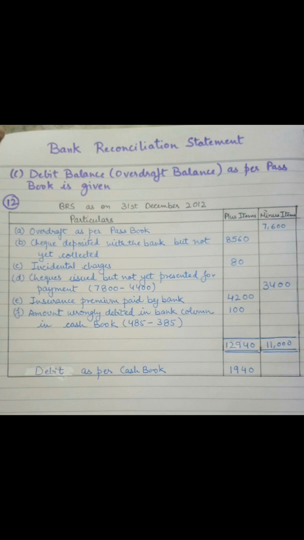Okay, whenever we start with the passbook from the top, we always reach the cash book at the end, and whatever amounts come in the plus or minus column, on that basis we have to write either it is a debit or credit balance. As the amount has been achieved in the plus column, that's why it is a debit balance. If the same amount comes in the minus column, then it would be a credit balance. That means overdraft or unfavorable condition it would be there.